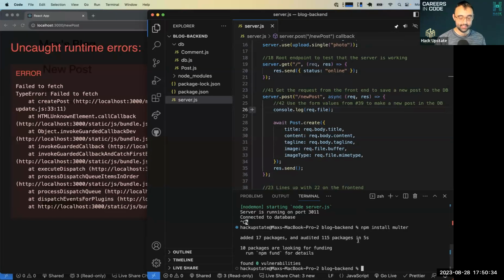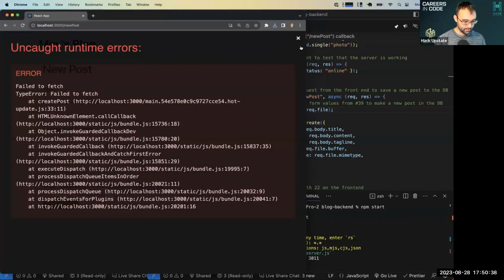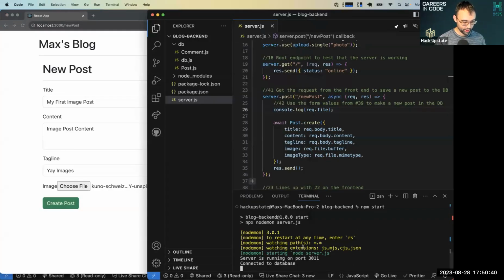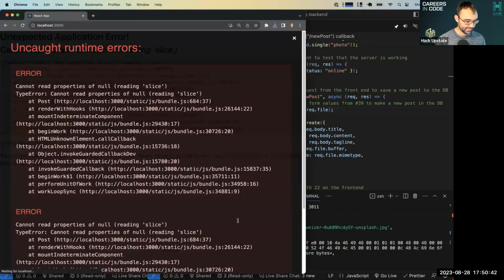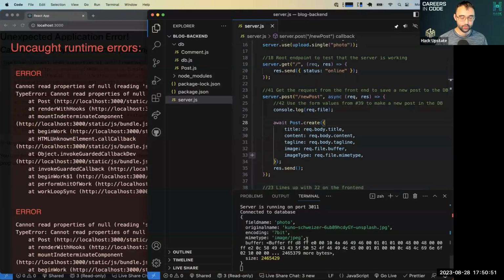I npm installed something, but I didn't npm start it. So I npm start, close out of the warning. I'm making sure I'm back online, and I hit create post. Okay, now we got errors, but let's dig into this a little bit. What happened on my backend? I added in this